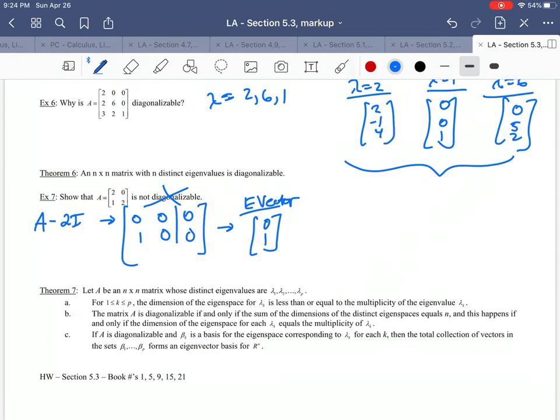All right, and that is it. There are your few problems for homework, and we are done with chapter